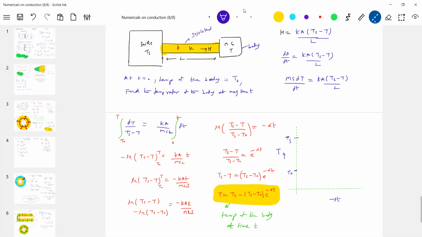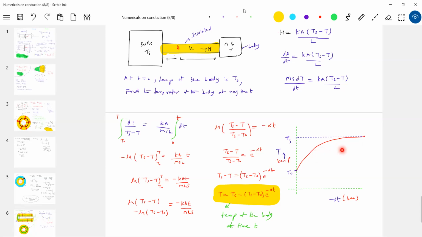Exponentially increasing. Go back to the first graphical problems we did. So what is the curve? The curve will be exponentially increasing. This will be the curve. Okay, fine. The temperature of this body will increase exponentially, not linearly. We thought, okay, but what this curve says is it increases exponentially. When will it become the temperature of the source? After a long time.